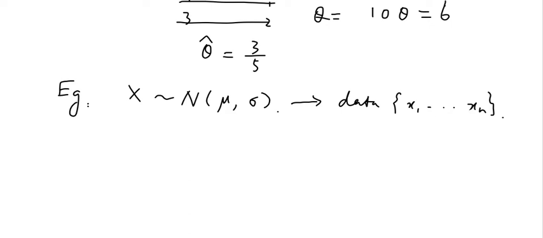From the data, find an estimate mu hat for mu and an estimate sigma hat for sigma. Here we also have two methods, right? By the moment estimator, we try to find mu hat and sigma hat. And by MLE,